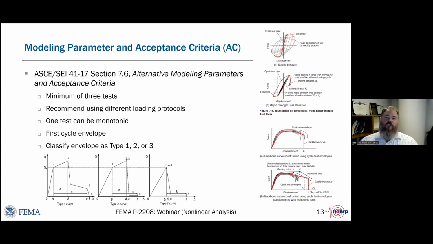And so if other organizations were going to be developing modeling parameters and acceptance criteria for ASCE 41, there was a desire to have a standard way to develop it, not just on a project specific basis, but on a generalized basis that would be put into the standard.